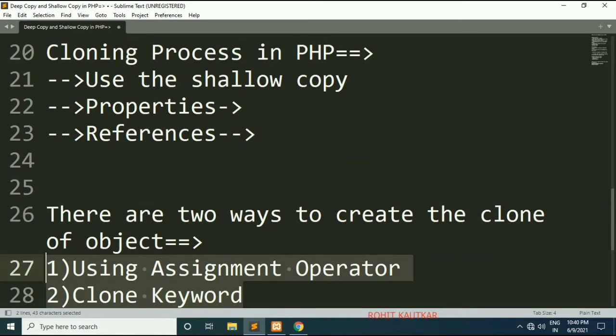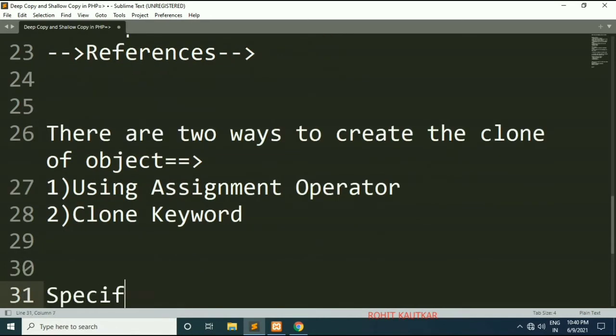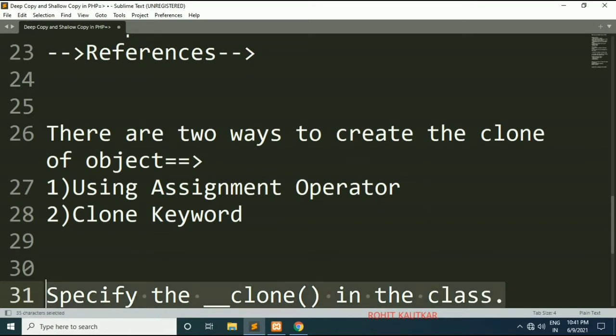Friends, to create the deep copy of an object, we need to specify the clone method in the class. If you don't override this clone method within your class, then the clone keyword will create a shallow copy where there will always be dependency between the two objects, the new object and the original object.